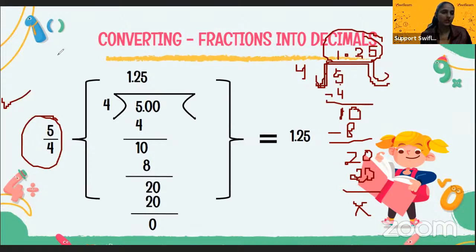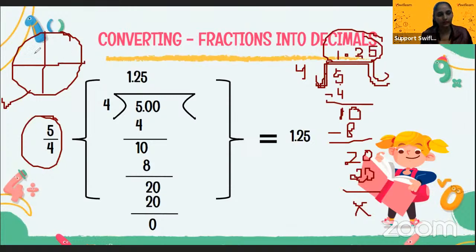How can we change it? If you notice, we have already seen, let's suppose I am having a pie. I am dividing it into 4 parts. Each part is 1 by 4, right? Each part is 1 by 4. So we have already seen that 1 by 4 of a whole is